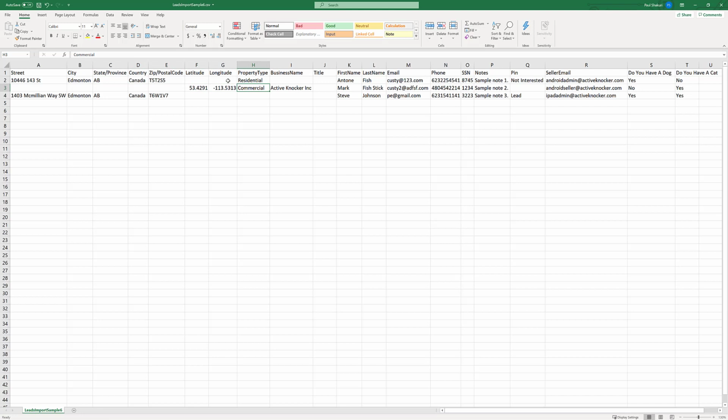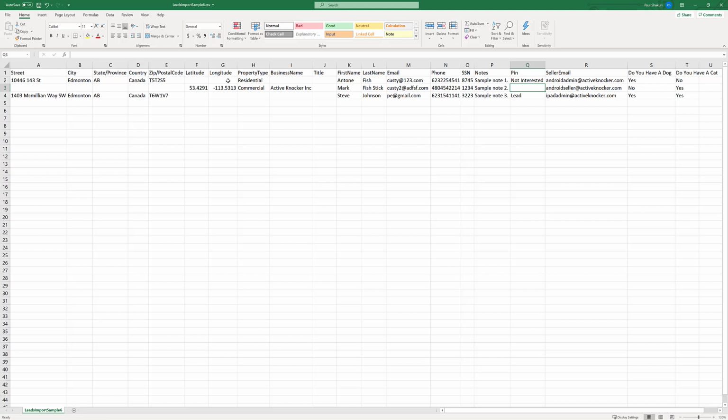And by the way, you'll also notice the property type in this PIN is going to be commercial. So we gave this PIN, which is the commercial business account in which we want this PIN to be imported, a business name, and also a point of contact, a first name, a last name, an email address for this customer, this client, or this potential customer, their phone number, and other data that you do see over here. Notes, as you know, if you've been using Active Knocker, we have a note section where you can write notes on an account. And the PIN is the actual PIN in which it is being imported into Active Knocker so that when you're on your map, you see the PIN that matches exactly the name of the PIN in your Active